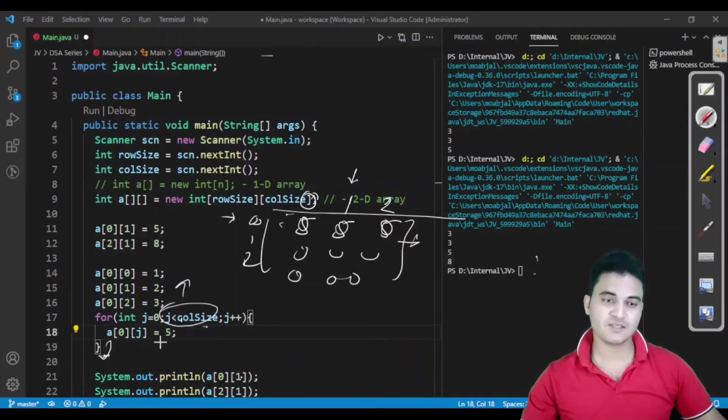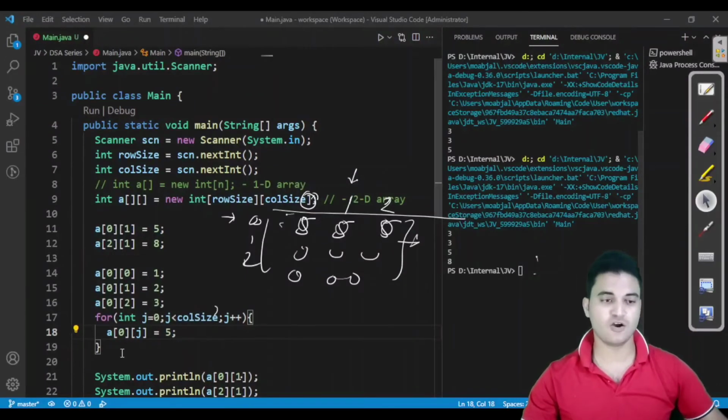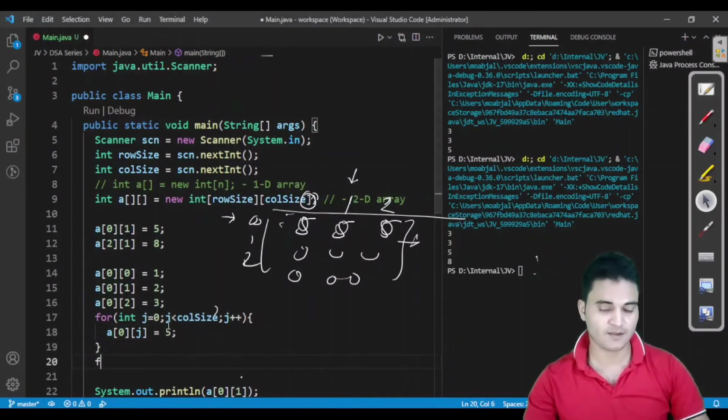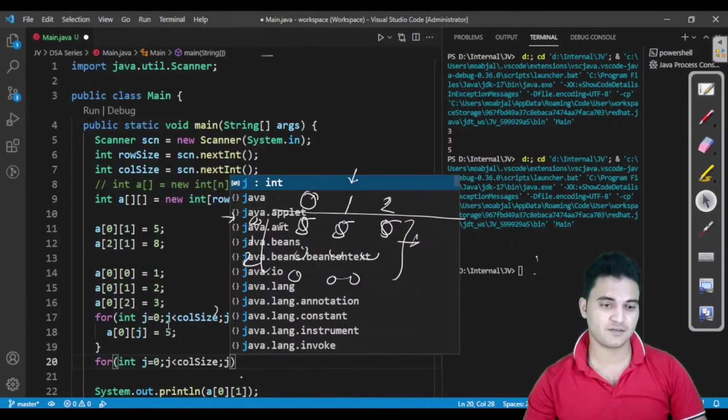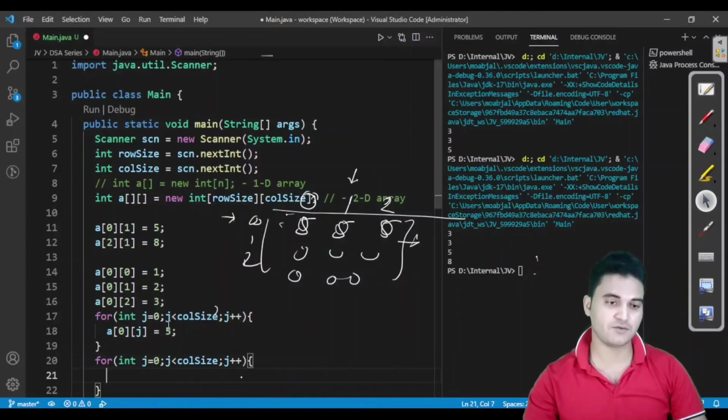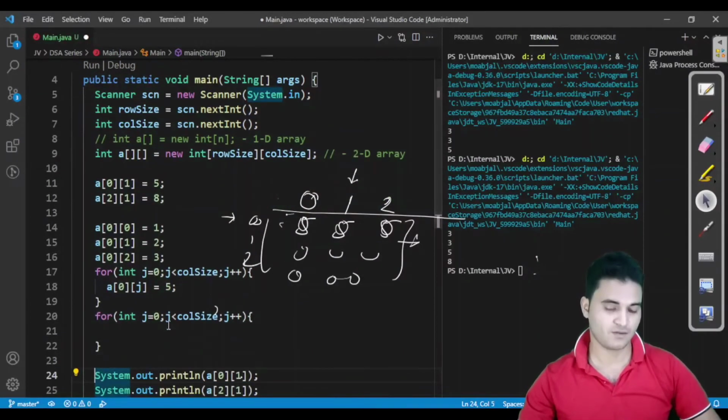So this is the insertion part, and let us say you have to print all the values of the 0th row and all the columns. Very similar to this. Let us see how I am going to write the code for this. So for int j equal to 0, j less than column size, because I want to print all the column values of the first row.